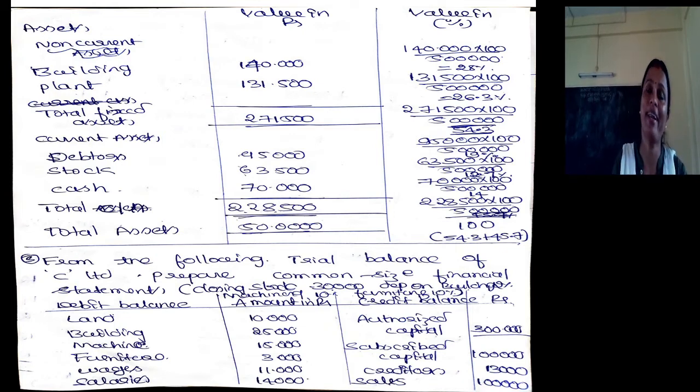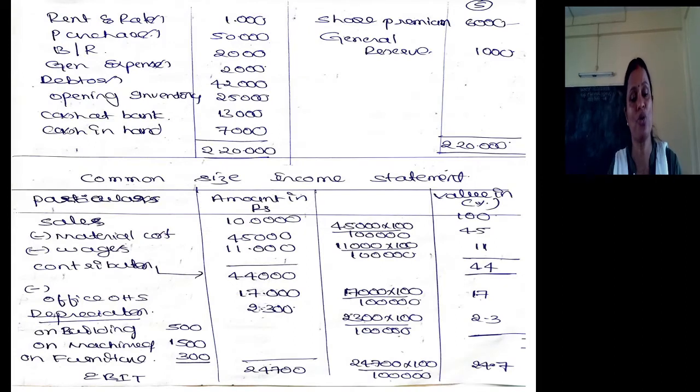We have data of the balance sheet, we have data of the profit and loss account. So we need to separate. We know how to separate it. So now, the common size income statement. Income statement should start with sales. We have sales data of 10 lakh, which is considered as 100.